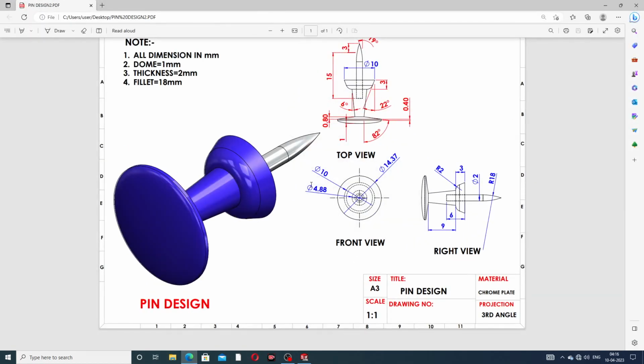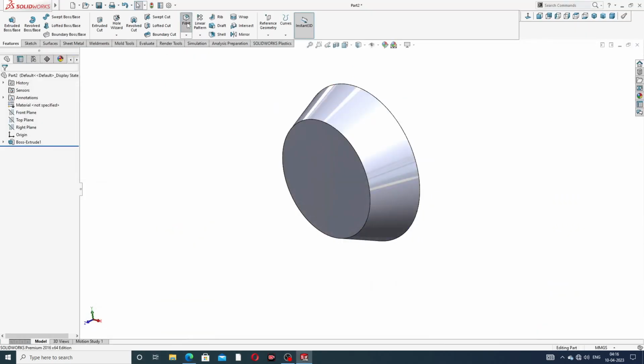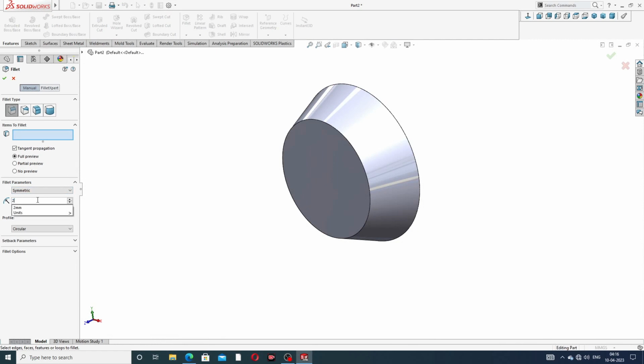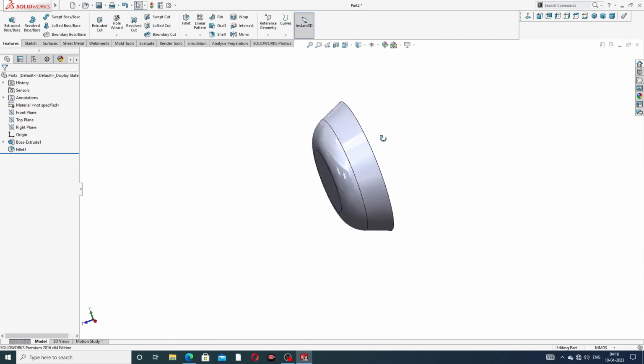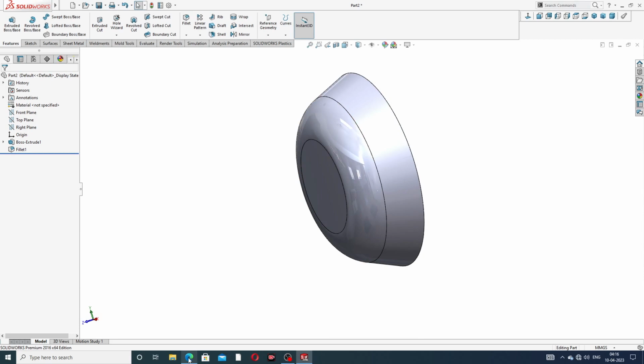Okay, and this point is used here. This uses a fillet of 2 millimeter, and okay, and use a fillet of 2 millimeter. Okay, and okay, this is perfect. And next is